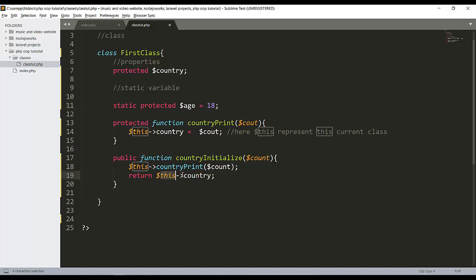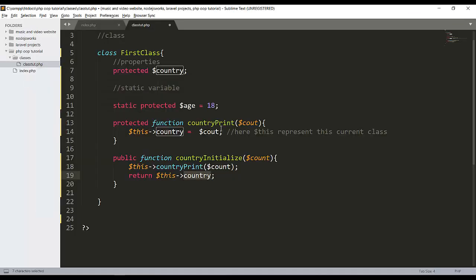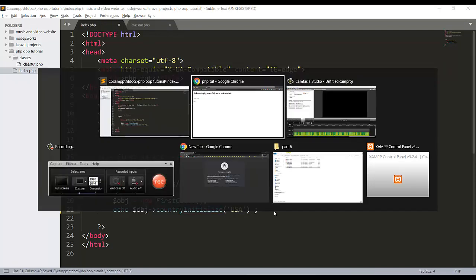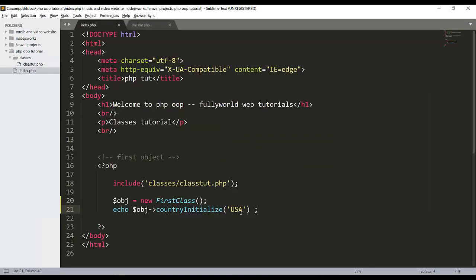So instead of country, let's see country here, so we can change country also here. See that country is India here, so I will change India to USA. Whenever we reload this, see that it is changing dynamically. Now USA is here. So let's leave it as India.